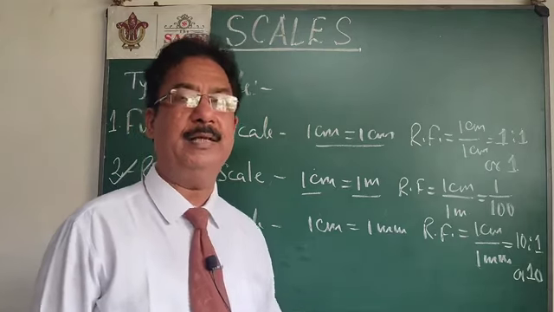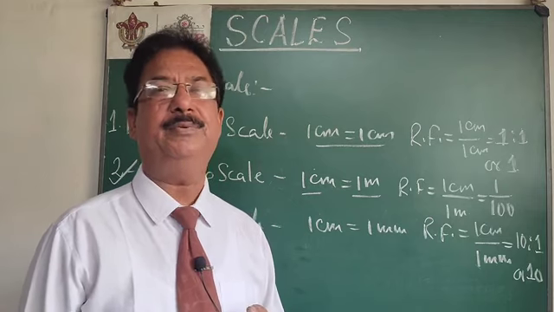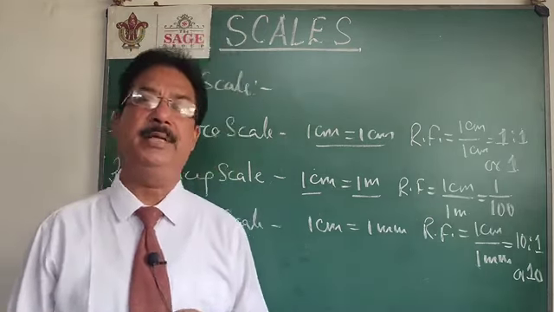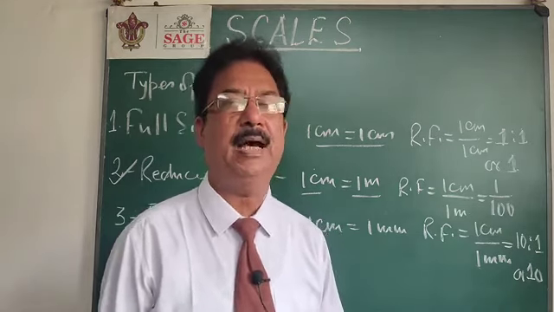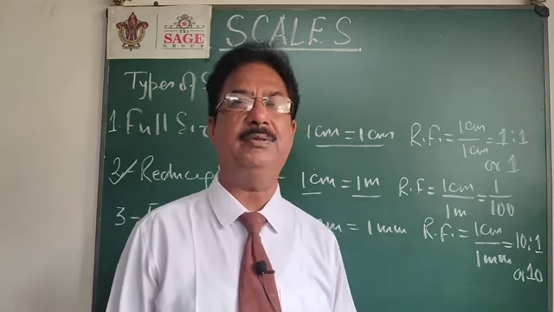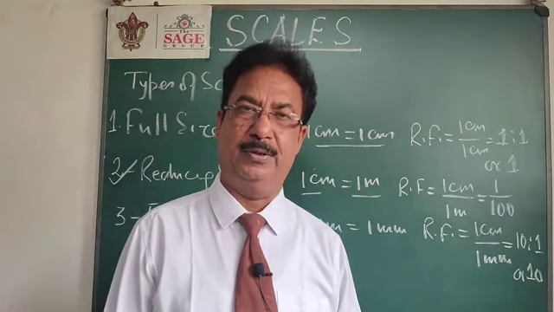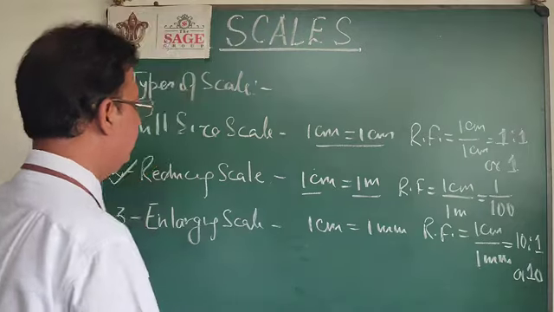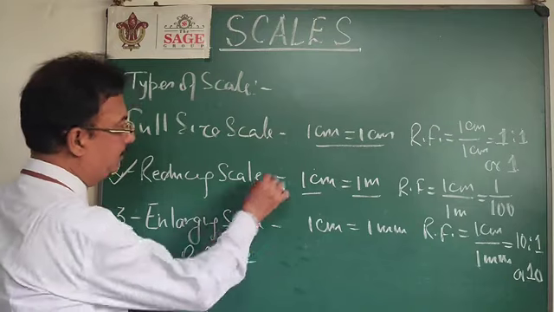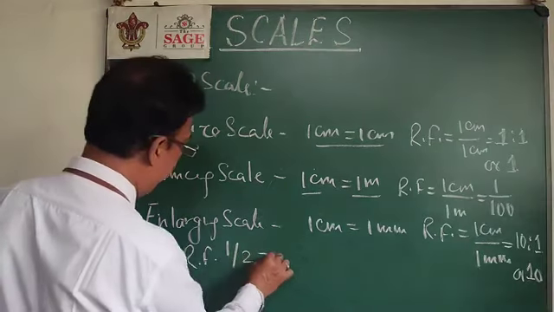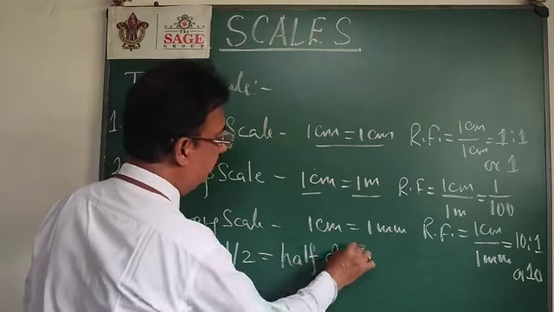For reducing scale, the advantage of using RF is that now I am not bothered about the units. If I say I am using RF 1:100, it means 100 is the actual size and I am representing it by 1. If I say I am using RF 10:1, it means the actual size is 1, and we are multiplying it by 10, so we are using 10 times. Sometimes people suggest, suppose I am using RF 1/2: since full size scale's RF is 1, we say that it is a scale half of full size scale.